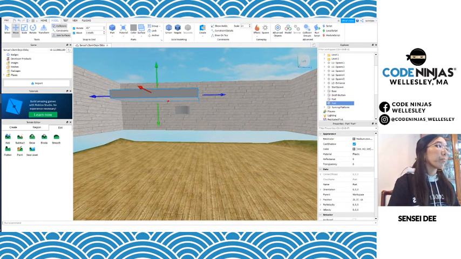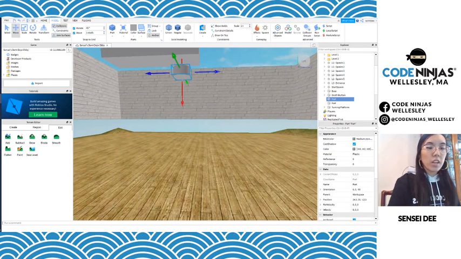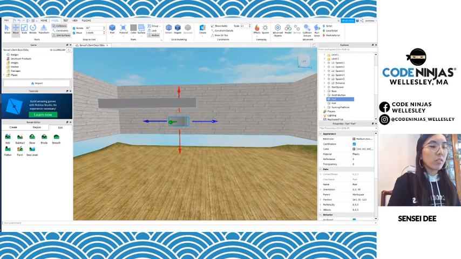Let's do this. So in create, where it says constraints, you need to create a hinge. So just like door handles,